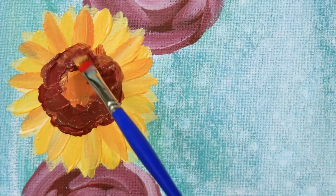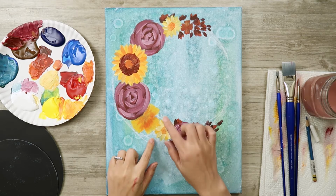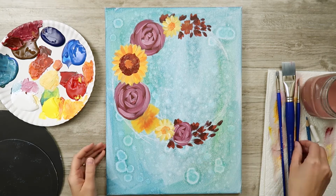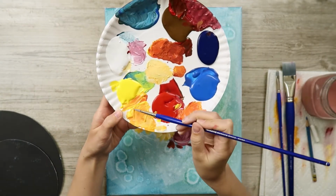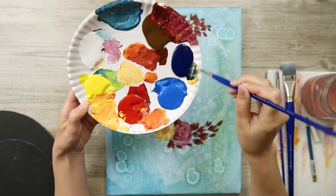And that's our large daisy. All right, so now we have all the flowers done. So now what we're going to do is add our leaves. So I'm going to be using my smallest brush, the nice little round, and we're going to mix a nice green. So I'm going to take some of my mac and cheese color and bring it to my dark ultramarine